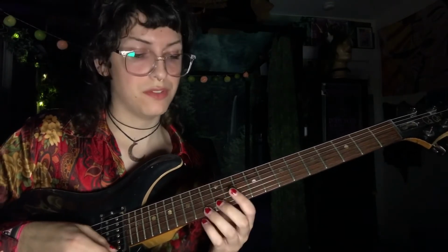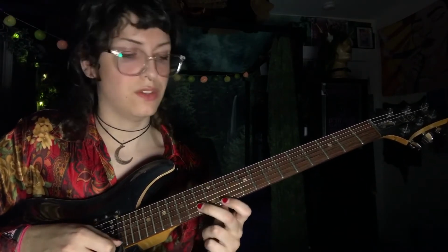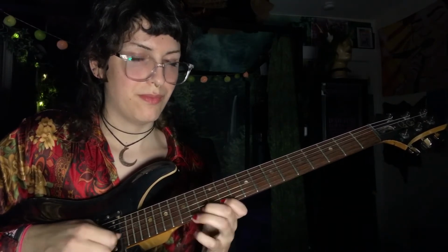We're almost done. Now she slides up to the 15th fret on this string here, the G. And then she goes down to the F, to the 13th fret, and then she pulls off, I think that's the name of the technique, and then down to the 11th fret, to the E flat, and then she plays this note here, which is a C. This string here is the 13th fret, so she goes back to the E flat, the 11th fret, and